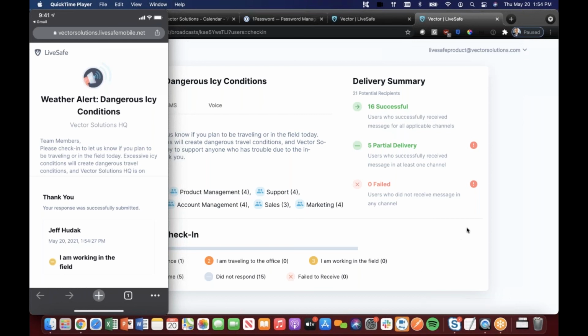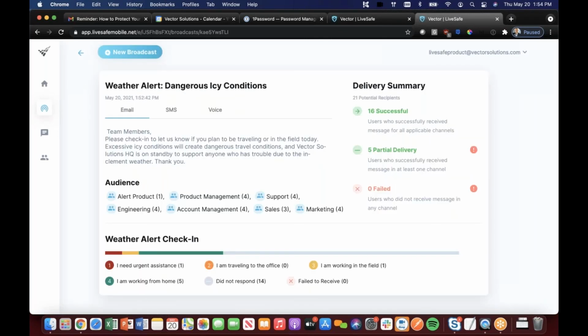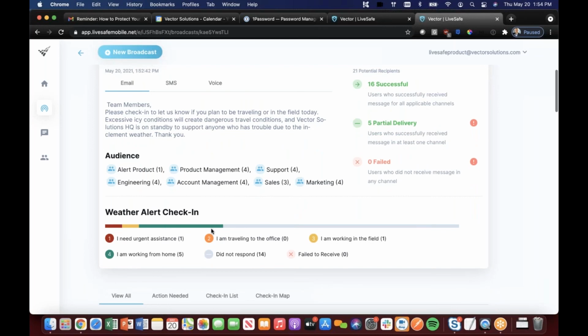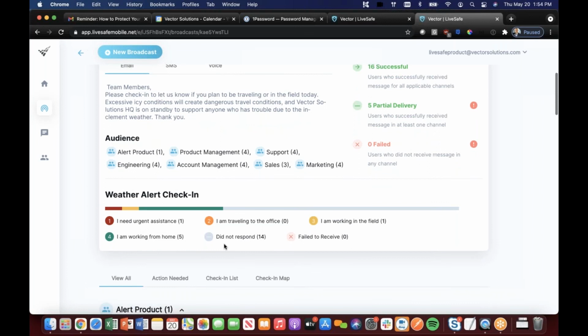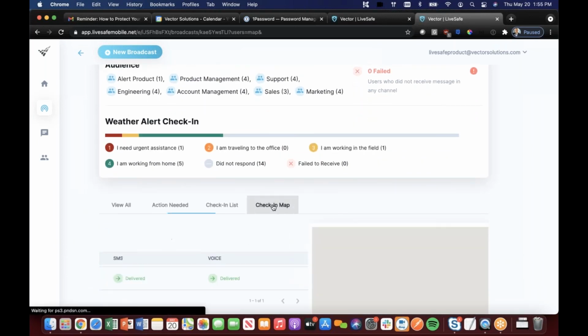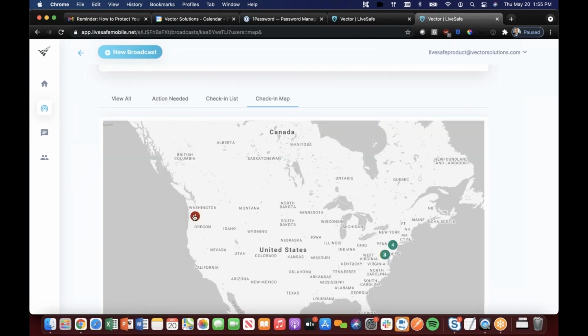And now switching back to an administrative point of view, you can see the responses that have come in from the check-in. And they'll be trickling in as I sent to some other folks on the Vector side. So you can see a progress bar of all of the different responses. The first thing is I need to see who needs urgent assistance. And on the map view,